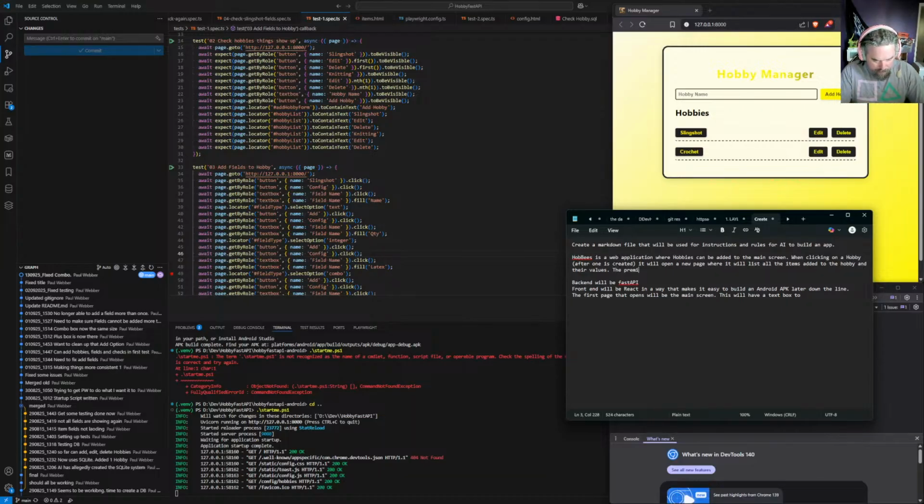The premise of the application is to track items needed for a hobby. For example, if on the main screen I added knitting, then when I click on knitting to get to the items page,